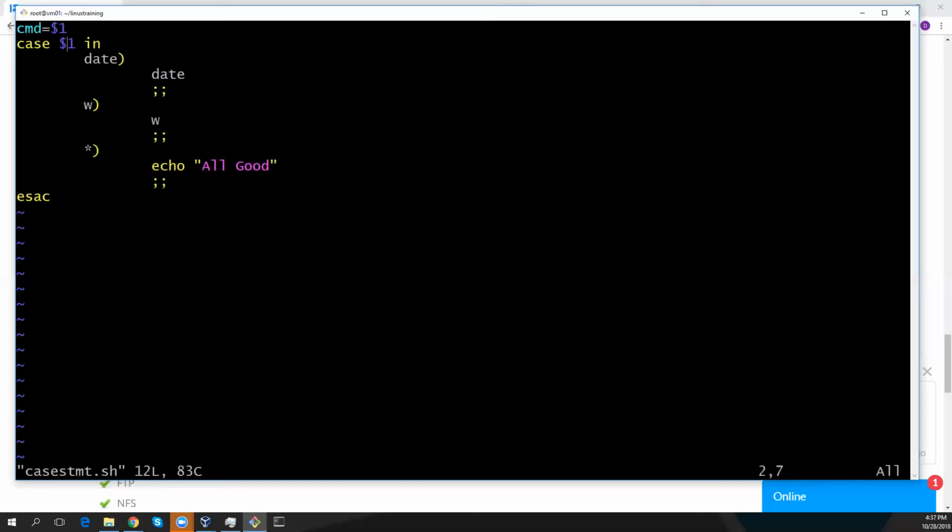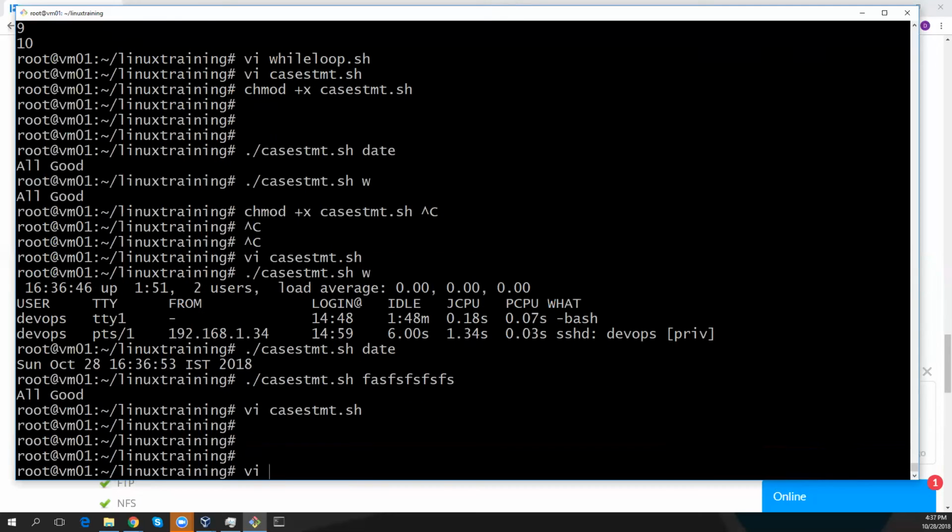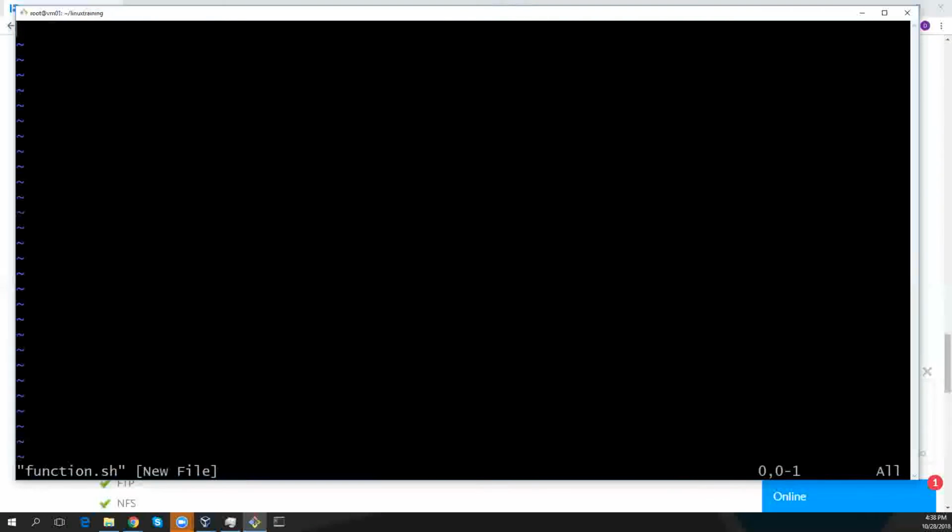So this is what the case statement is. Now we'll see functions. Function dot sh. So what is a function? What is a function? It's a construct, a small module of a program